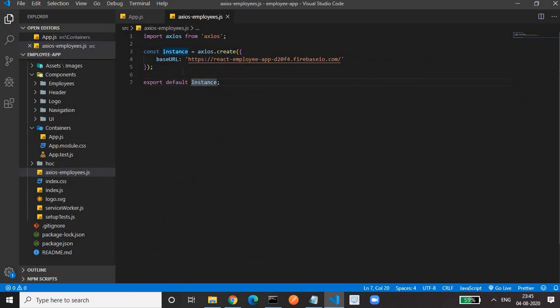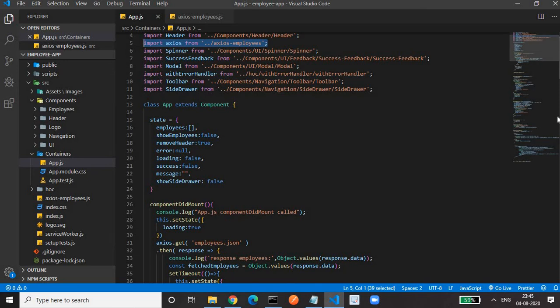Because sometimes I need to change the header or add some token authentication for this employees API only, not for other APIs. So it is always recommended to create a separate Axios file for each API call or for each screen or module. We have to import it wherever we need it.